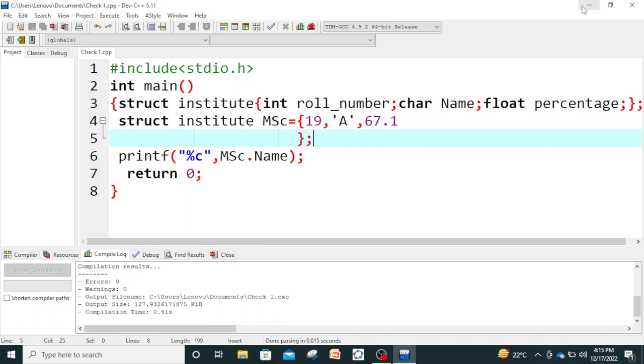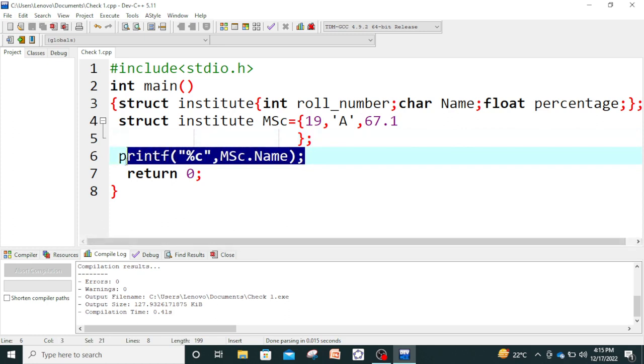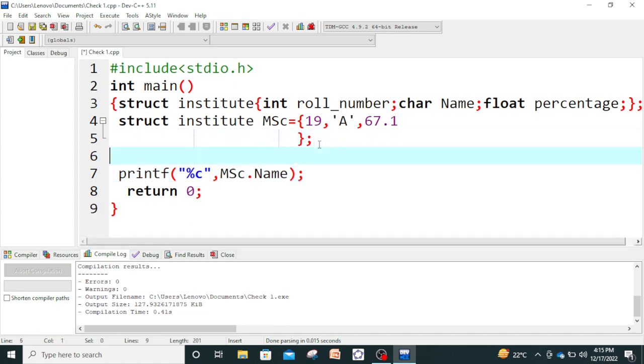Suppose you are requested to use this printf function to show an output, but you are not allowed to use this word MSC. How can you do this? How can you do that? Okay, remember the question. For that we take another struct variable,